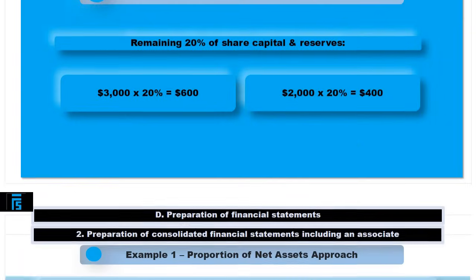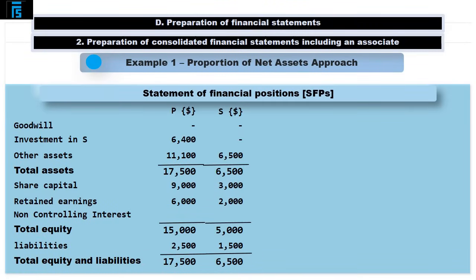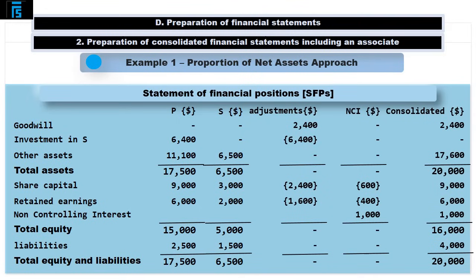We are now in a position to compute the consolidated totals for all of the statement of financial position line items, starting with goodwill of 2,400 and other assets of 17,600, which when added produce a total of 20,000 euro. Consolidated equity comprises the share capital and retained earnings of the parent entity plus that non-controlling interest balance of 1,000, producing an equity total of 16,000 euro. Consolidated liabilities are the sum of 2,500 and 1,500, giving 4,000. When we total the consolidated equity and liabilities balances, we get a total of 20,000, which naturally equals the